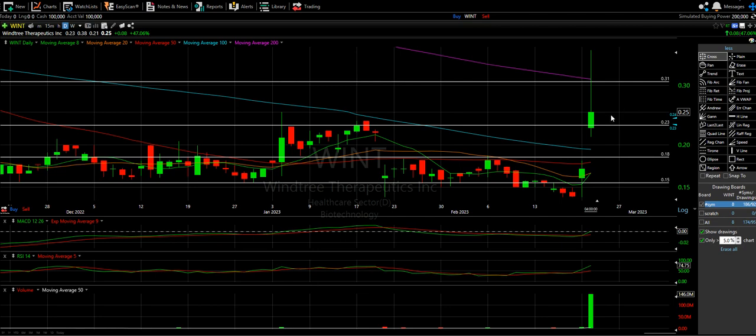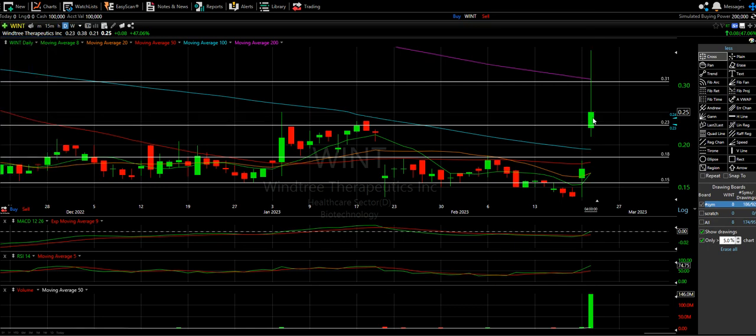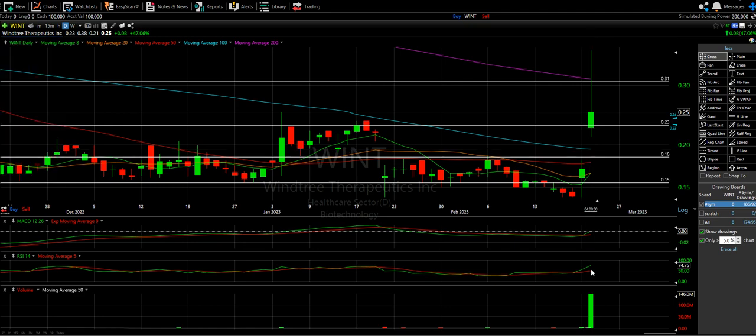What really seems likely is this thing testing this 24 cent, which is around 50% candle. By then, it'll probably retest this. And honestly, I sincerely believe we're coming back down to 19. I know this looks good. I just don't believe that this thing's holding. You know what I mean? And again, I haven't looked at the news. I really wish I looked at the news before I'm making this video, but